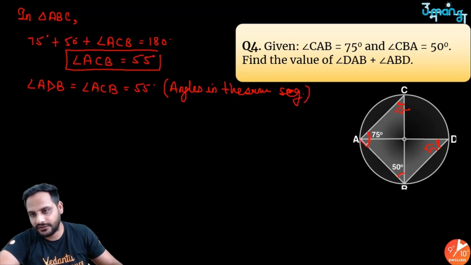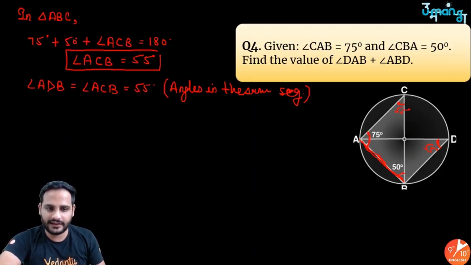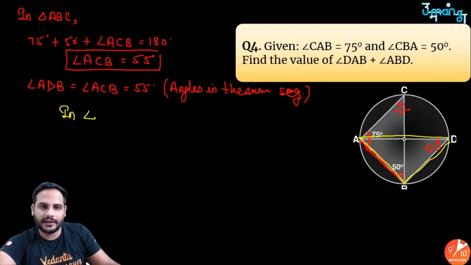So think of this AB as a chord. You will see ACB and ADB both are in the same segment, right? So now I can say, sir, I wanted angle DAB plus ABD. So for that, let us talk about the triangle ABD. So in triangle ABD,